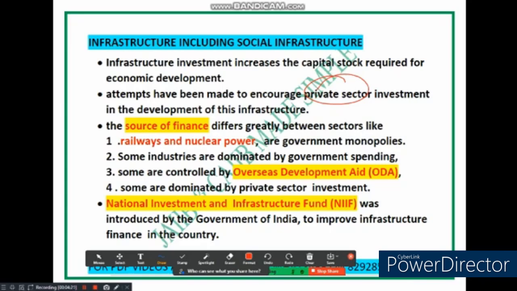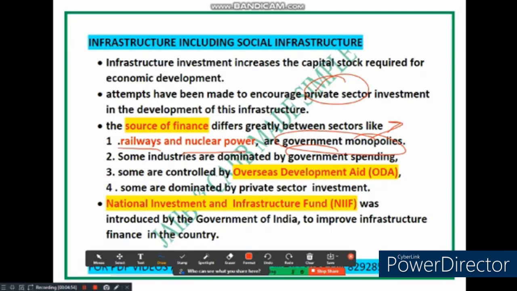Let's see the next point, that different industries or sectors of infrastructure may have different sources of funding, right? Let's say a government monopoly. You can see government spending, here government monopoly. What does it mean? Like in railways, like in nuclear power. In some cases the government has complete control over a certain sector like railway and nuclear power. They provide the funding needed to build and maintain this infrastructure. For instance, the government may invest in building a high speed railway network to improve transportation options for its citizens.